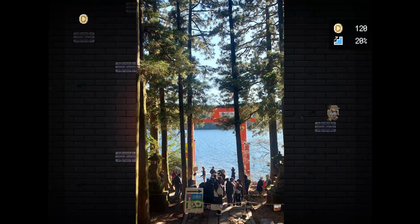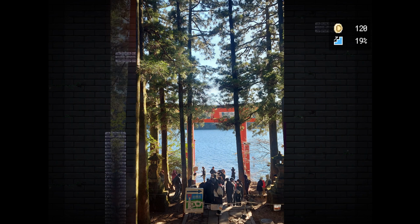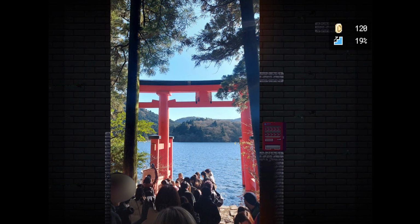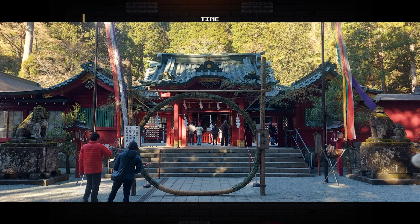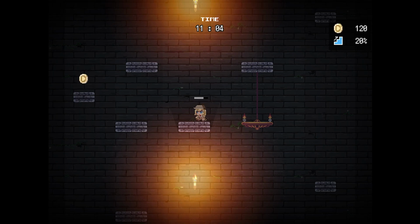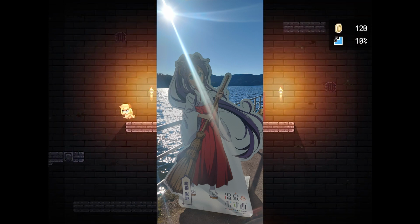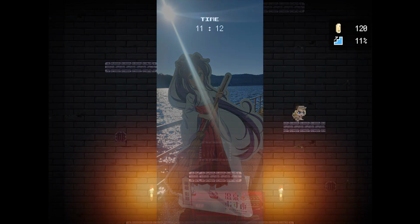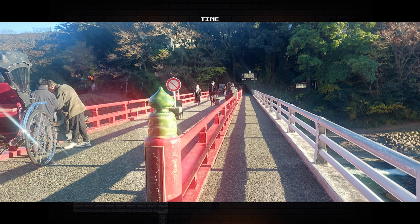There was a massive queue to take pictures at the shrine, so I just opted for crappy pictures since I'm a lazy bum and didn't feel like lining up. But it was cool. There was a temple near the Torii Gate, so I explored that area as well. And of course, every place in Japan has to have their own anime mascot, so I took a very crappy picture of one. I walked around the area, saw a cool bridge,